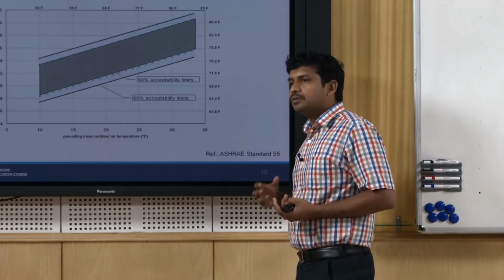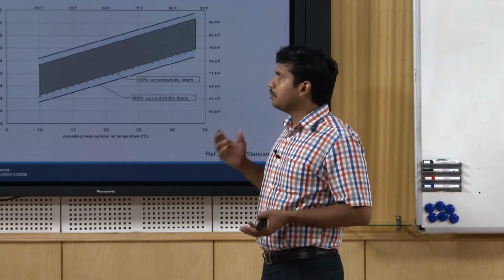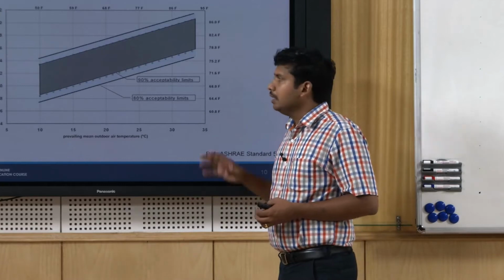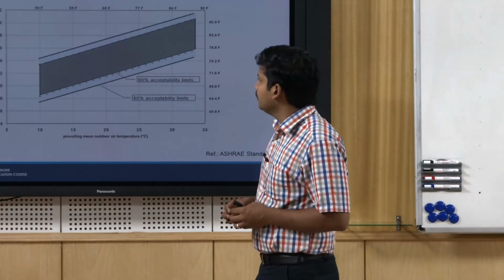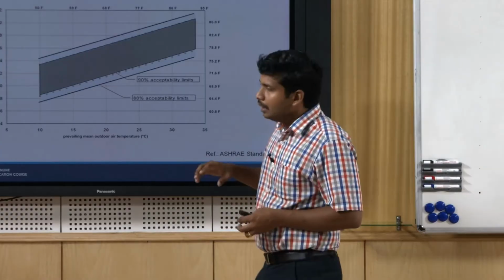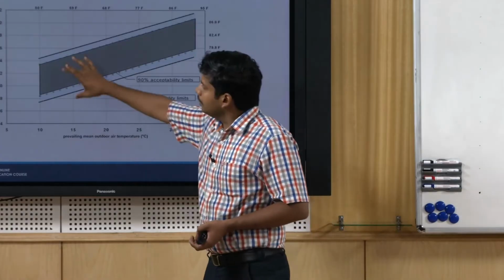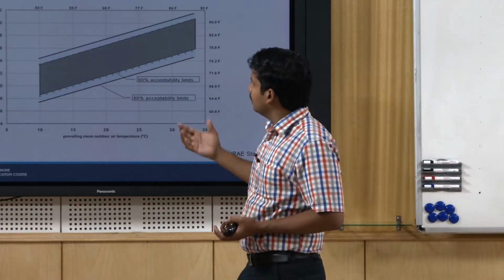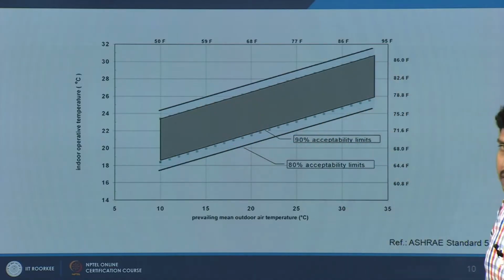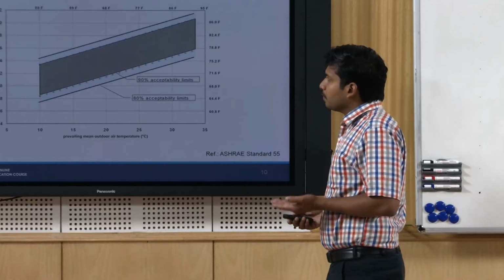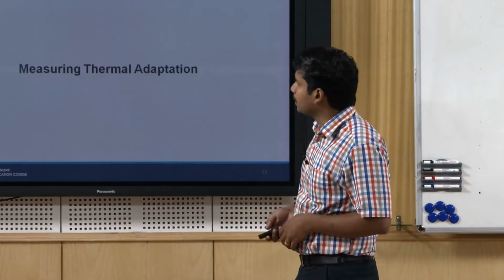If you are interested to take a relook at the data and derive something out of it, you can feel free, you can search for RP884. The whole set of data is sequentially stored and it is freely available for assessment. Taking those data, this particular analysis was made and this is a fit which was brought in, and people found that the 90% acceptable limit lies somewhere here. We will look at a few more example specific field studies and how these things are developed in the following sections.